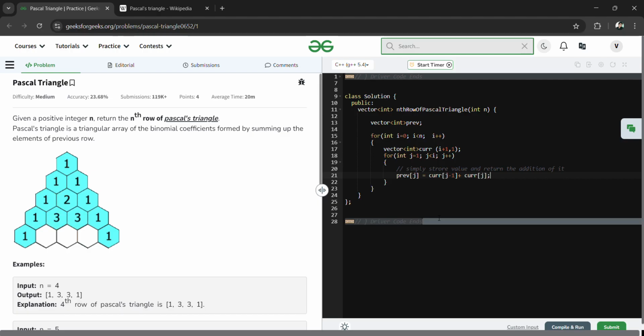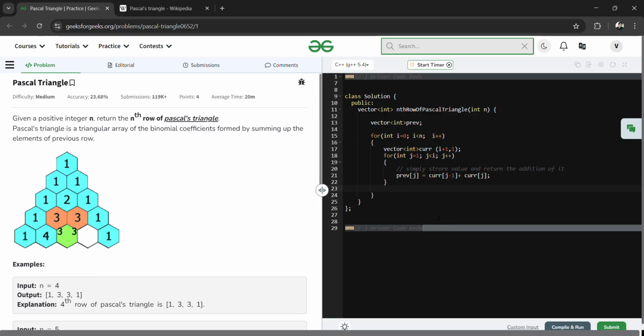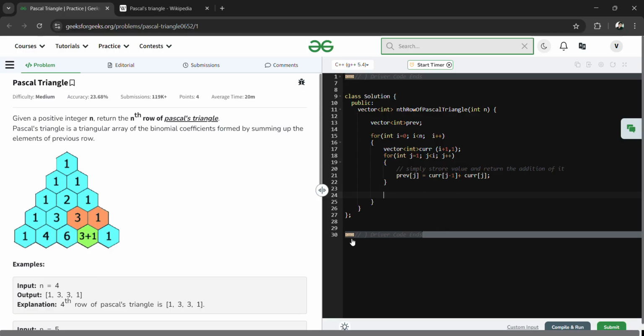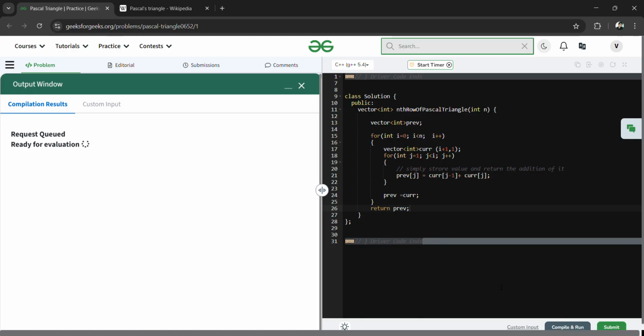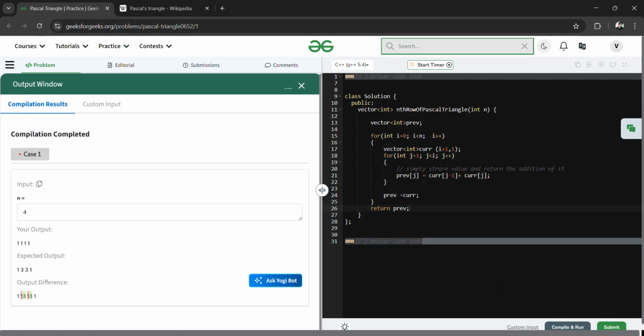Once you have done these things, I have to come out from this loop. But from the main loop I have to make previous equal to current, and then simply return our previous vector, which will return our current values of data at the end position. So I am getting a different output, which is 1. The thing is that I have stored inside the previous, but here I have to do